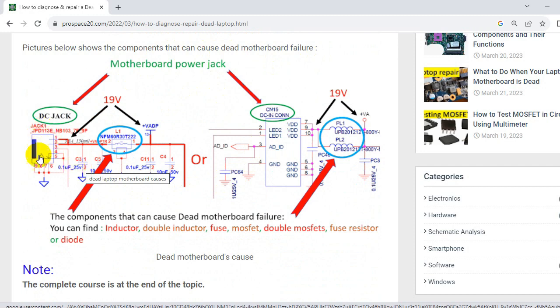This is the power jack over here, or the DC jack. Then the 19 volt will pass directly to this inductor. Sometimes you can find a fuse here. This is an inductor because we have an L, but the reference of a fuse is F. So these two components can cause a dead motherboard because the power cannot pass to other circuits